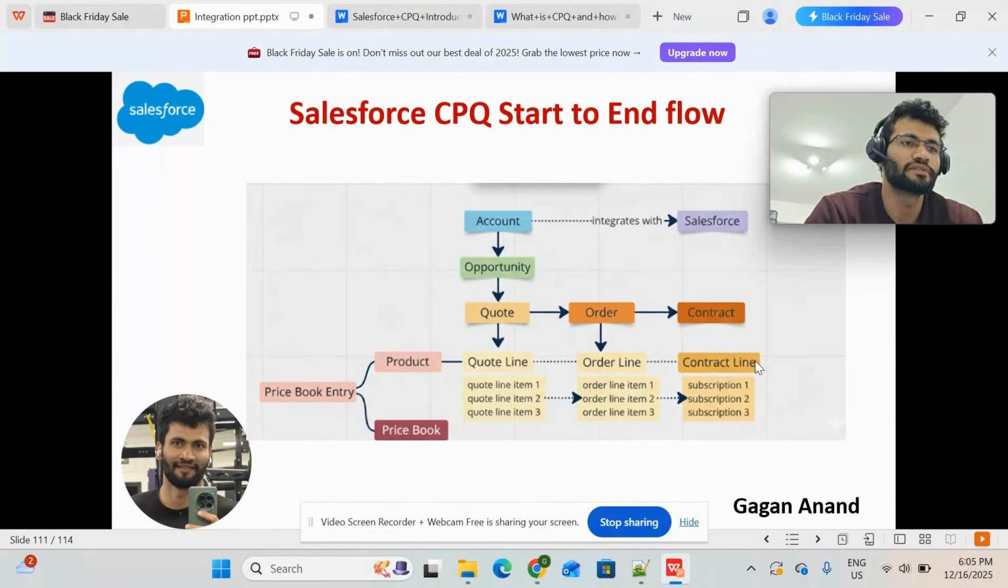So what I will do, I will just see whether the account is already created or not. Then we will create the opportunity, then we will create the quote, and the quote will be linked with the quote line item. In the one quote line item, we could have the products, and products are linked with the price book entry. And once the quote is approved by the customer, it generates the order, and order will also have an order line item, which is nothing but the same as the quote line item, which is getting cloned